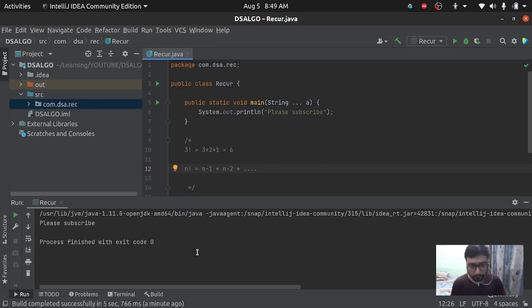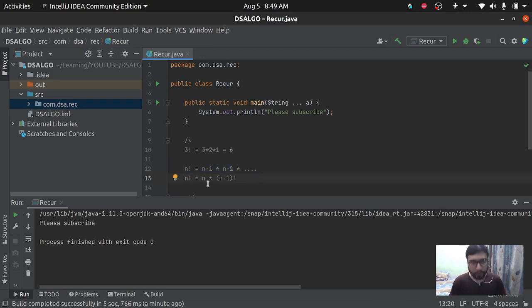From this we can get the relation: n factorial is equal to n multiplied by (n minus 1) factorial. So we can reduce the problem from this one.